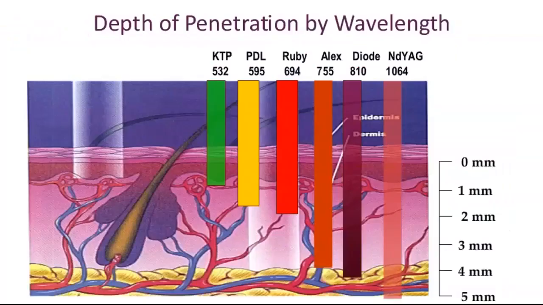This diagram really illustrates one of the key principles, that with the visible light and the near-infrared wavelengths, as the wavelength increases, the depth of penetration increases. And one of the key things here that you will see, the reason why the pulse dye laser at 595 nanometer functions better than the KTP at the wavelength of 532 is because it has a longer wavelength, and that allows for deeper penetration and less absorption by the epidermis, and therefore there is less risk of overheating the epidermis